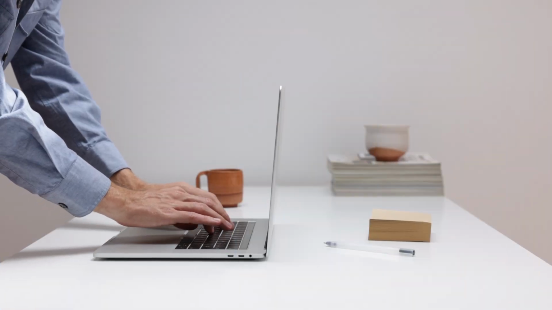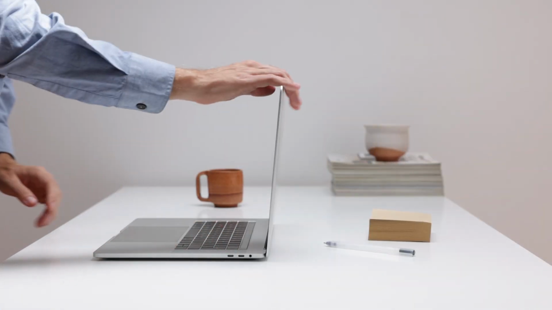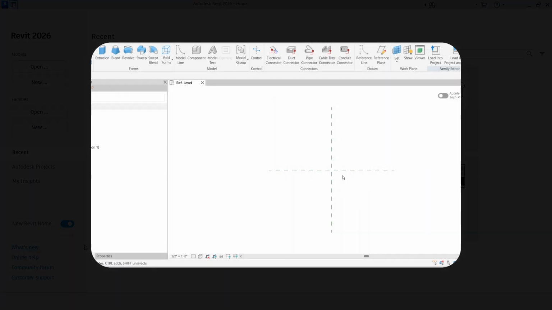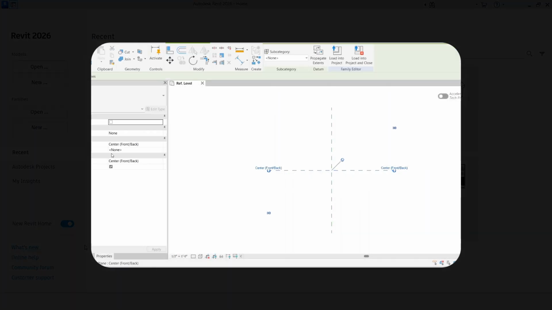If you've ever opened the Revit Family Editor and immediately closed it, you're not alone. It can feel like a whole different world from your typical Revit project. But once you understand how to use reference planes, create geometry, and control it with parameters, you unlock one of